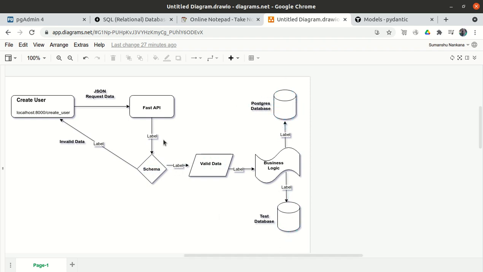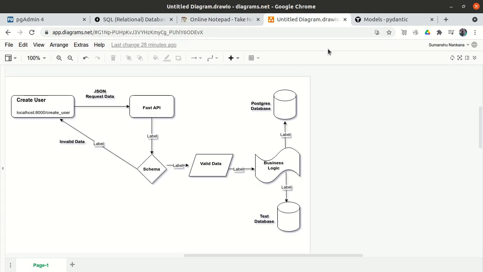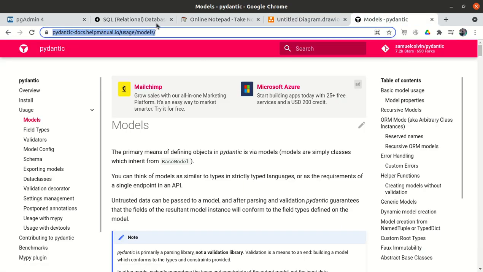But if the user has sent some invalid detail, let's suppose we are expecting an integer and the user has sent a string, or we are expecting a string from the front end and the user has sent an integer, then we have to send the response back to the user rather than sending it to the business logic. We have to tell the user that they are passing invalid data. So that is one approach: we ourselves verify the schema. Schema means the JSON schema of whatever the user has been sending. But FastAPI has provided a good approach, the pydantic models.